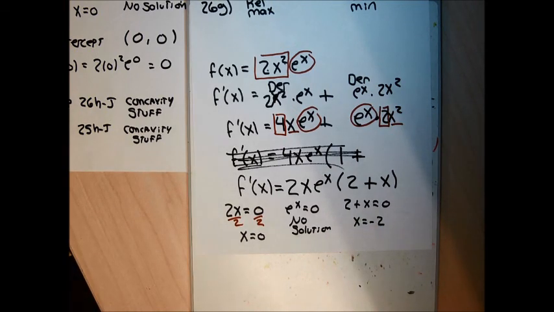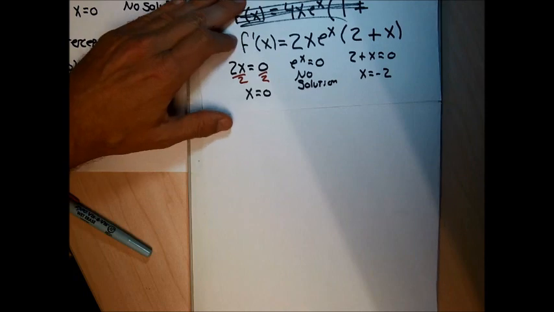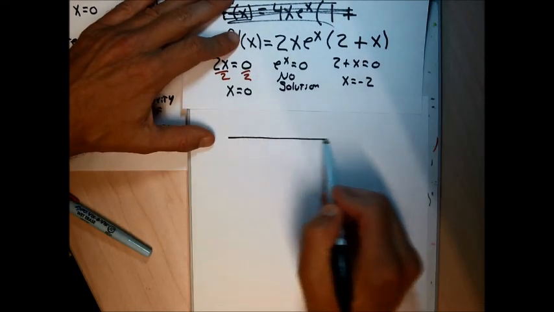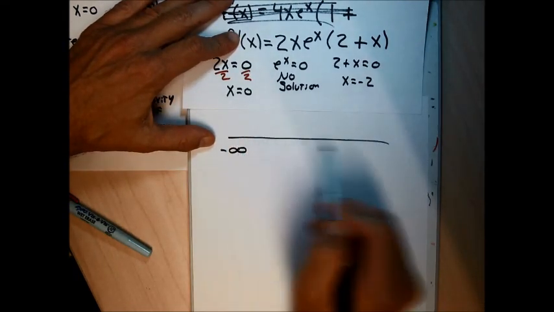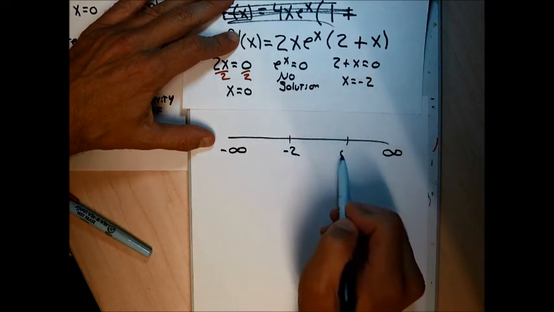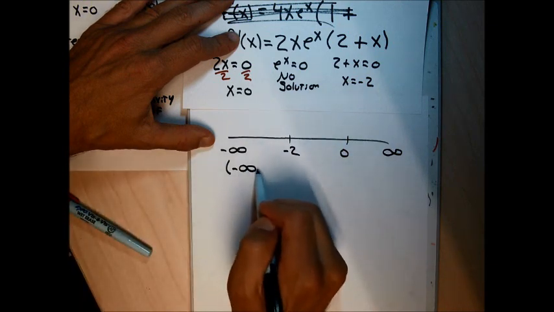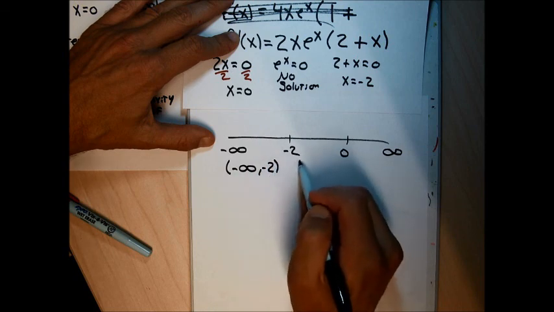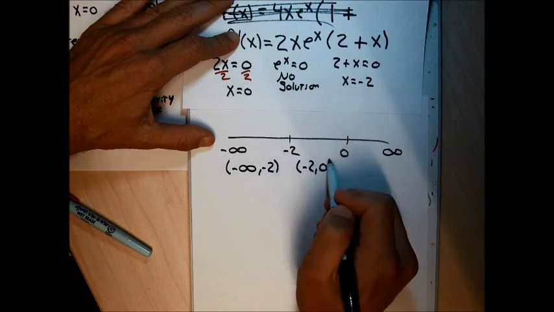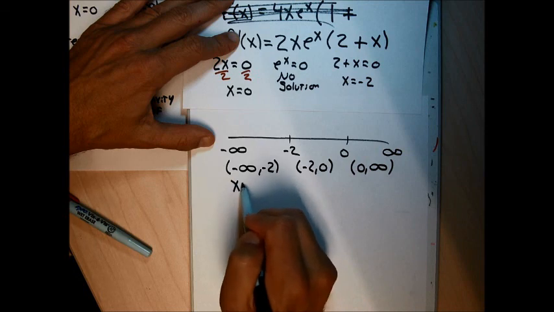negative 2. So I've got two numbers along with the infinities to throw on a number line. So this would be a pretty complex graph. When I go to do my work here, I'm going to put negative infinity and positive infinity on the edges of my number line, and negative 2 and 0, the critical numbers, between those. I always get one more interval than critical numbers, so I'm going to get 3 intervals because I had 2 critical numbers. My intervals are going to be negative infinity to negative 2, negative 2 to 0, and 0 to infinity. And in each interval I need to pick a number